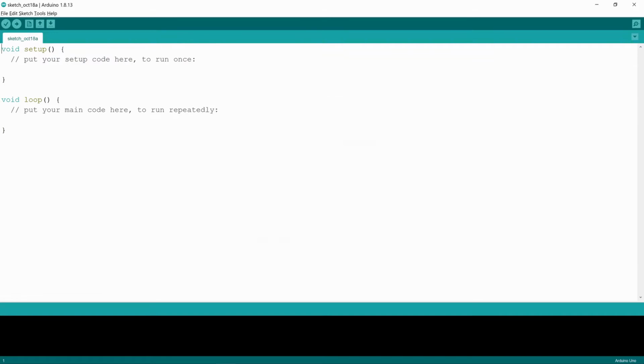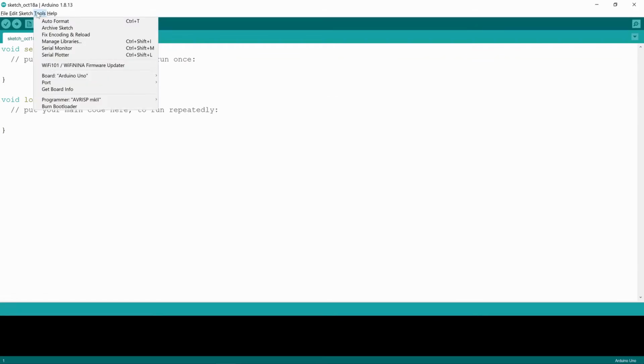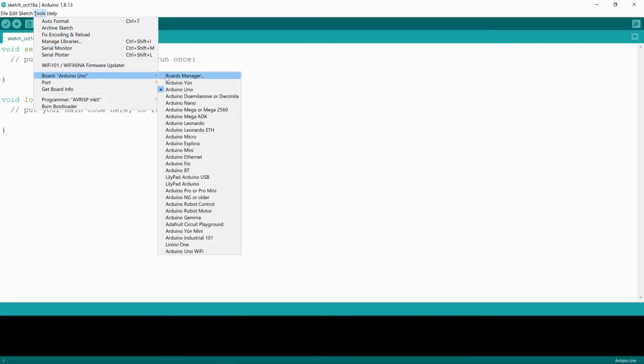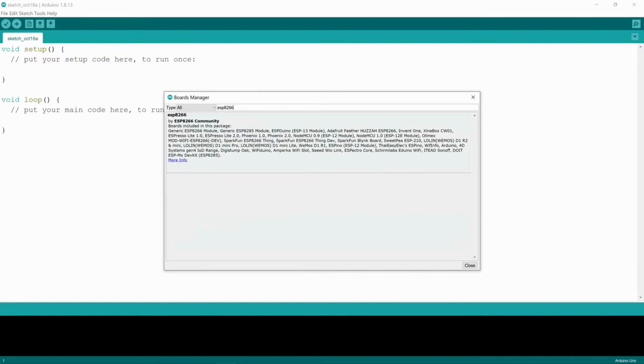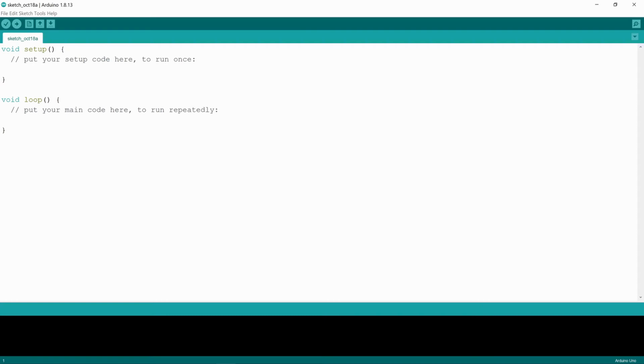If I paste it and click on OK, then after that we have to go to Board, then Board Manager, and here we have to search ESP8266 and install this board. Okay, once the installation is complete, you will be able to see installed here, meaning your IDE is now ready